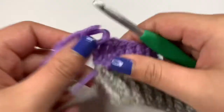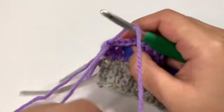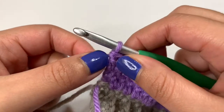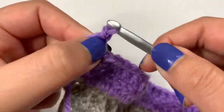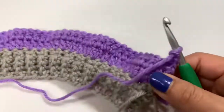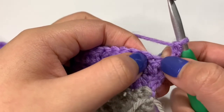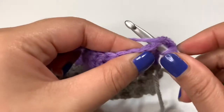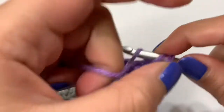So now I will show this one more time before I go off camera. But once you get to the end, we want to do our double crochets by first chaining 2. So at the end, let's yarn over, hook, pull through for 1, yarn over again, pull through for 2. Then we'll turn our work. Now let's double crochet. So again, don't go into these corner stitches. We want to go into this one right here. So, oops, I almost forgot to yarn over, go through that stitch, pull some yarn through. We have our 3 loops on the hook,